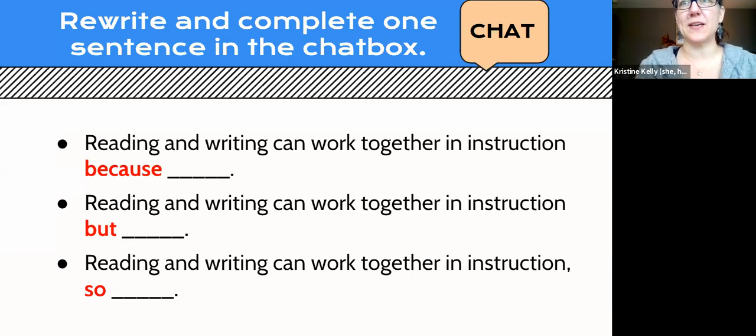Please rewrite the entire sentence. Reading and writing can work together in instruction because... reading and writing can work together in instruction, but... whatever comes to your mind. Reading and writing can work together in instruction. So...